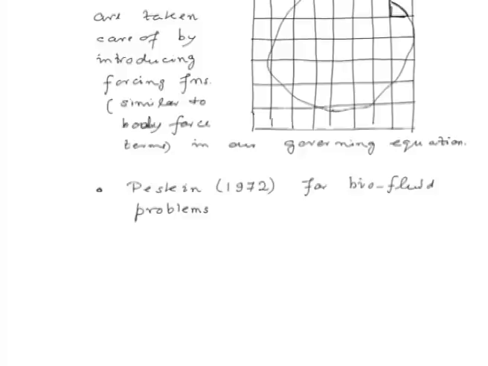What Peskin did was immerse that complex domain into a simple rectangular Cartesian grid, take care of the complex boundary parts by introducing forcing terms in the momentum equation, and solve the problem. Now this is one of the most active research areas today,